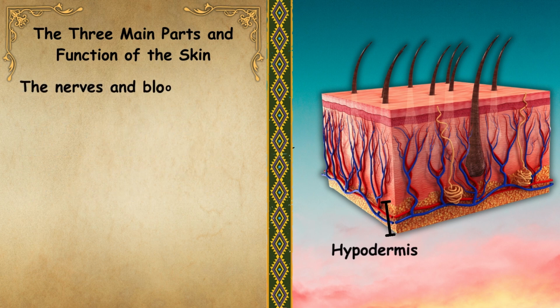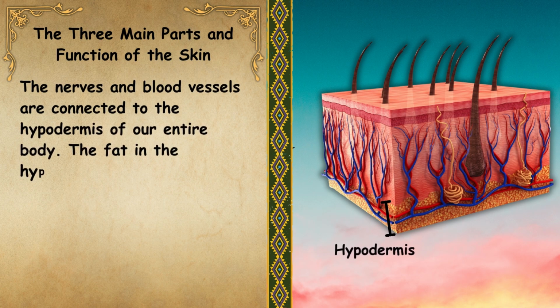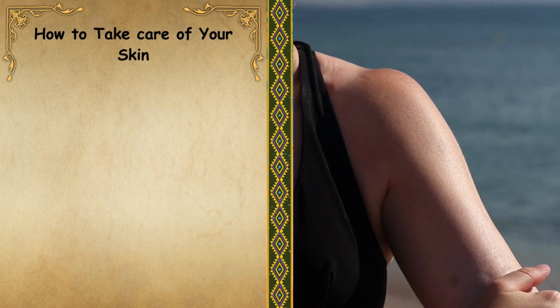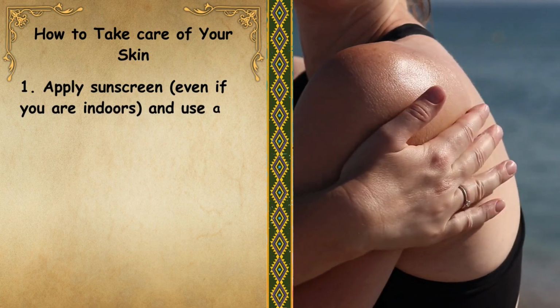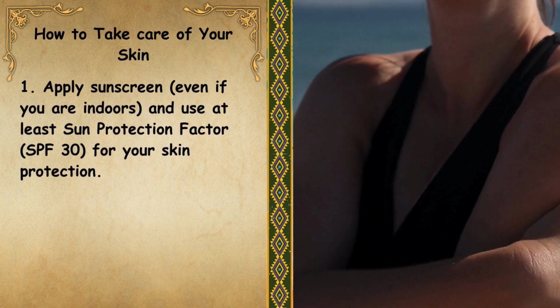The nerves and blood vessels are connected to the hypodermis of our entire body. The fat in the hypodermis keeps us from feeling too cold or hot. Here are the ways to take care of your skin. 1. Apply sunscreen, even if you are indoors, and use at least sun protection factor, SPF 30, for your skin